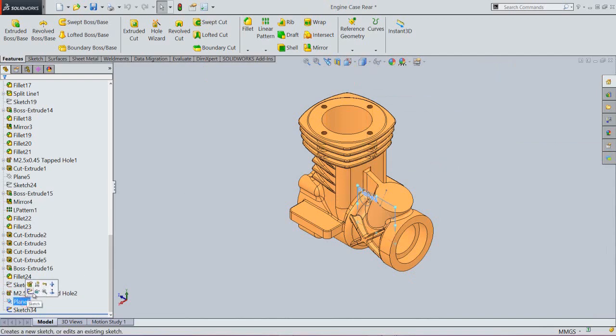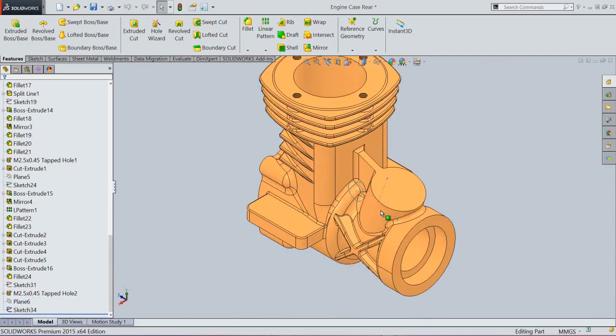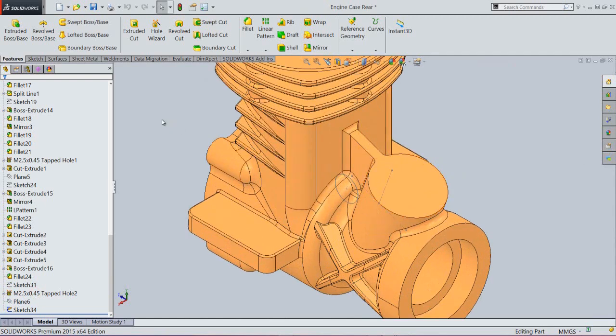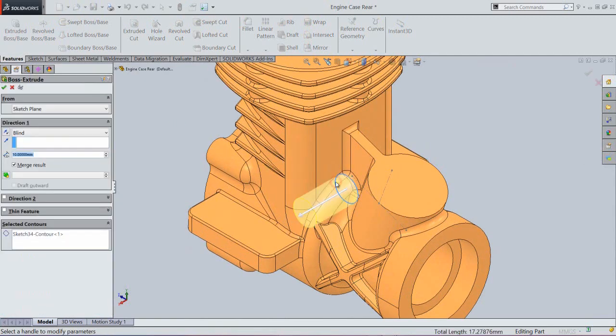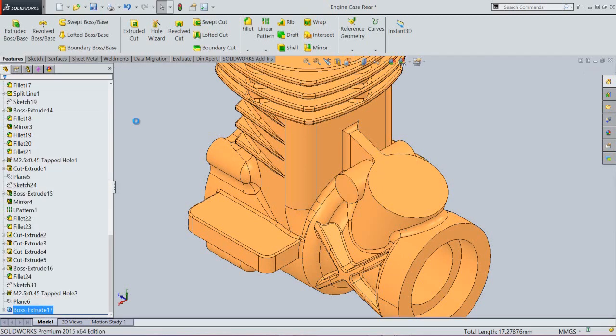Hide the visibility of this plane. Activate the extruded boss base command and select this circle. Set the depth value 14 mm. Click OK. Now my another feature is created.